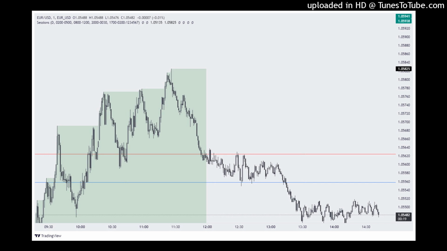So the way I see the 1 to 2, 1 to 3, as in the closest PD rays, the Vervij gaps to work with, the context is not necessarily that it's a full checklist, but those are simple sentences that get your mind going, that get your thought process going. Where, if we are going lower, where are we going lower from, is such a simple sentence. And it's not that that is a full trading plan on its own, but that simple sentence right there already tells you a lot, because it's a question that you ask yourself